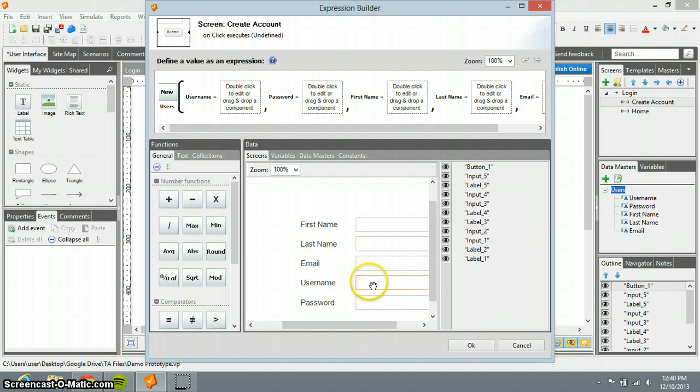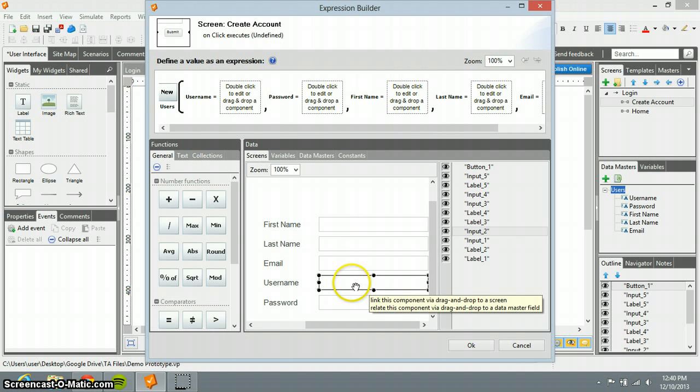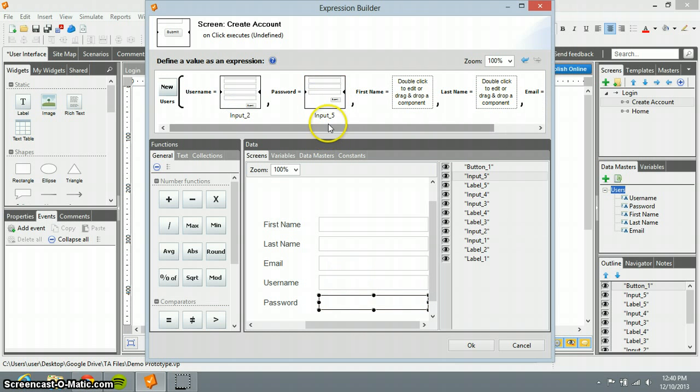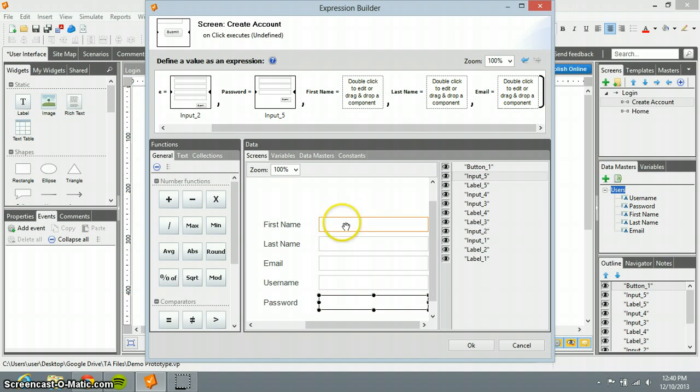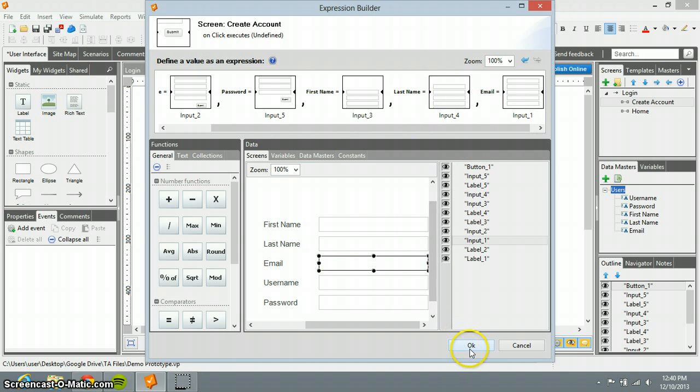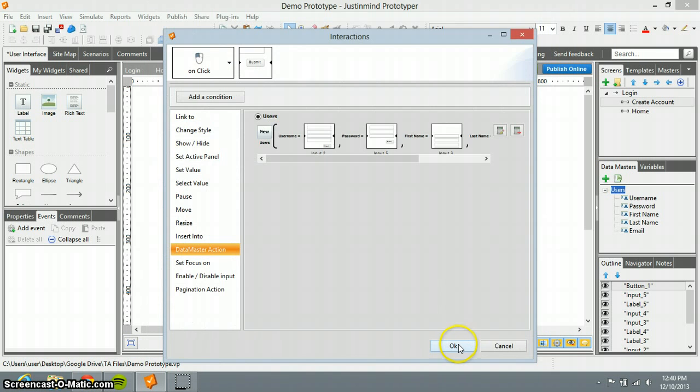So username, I would take this input box associated with username, drop it into the username equals, same thing with password and first name, last name, and email, and hit OK. OK again,